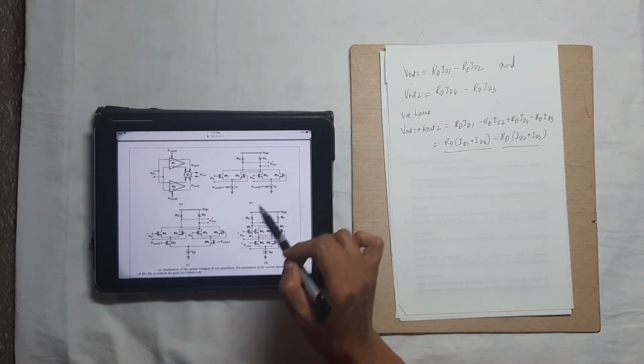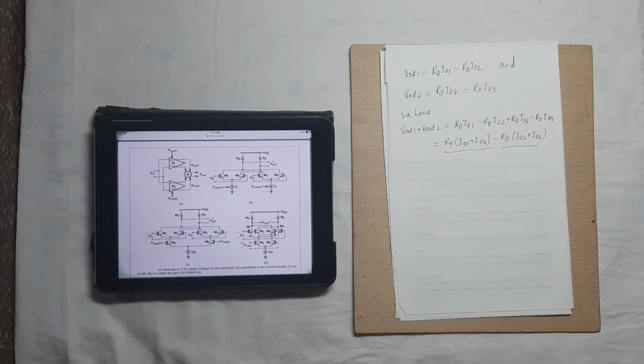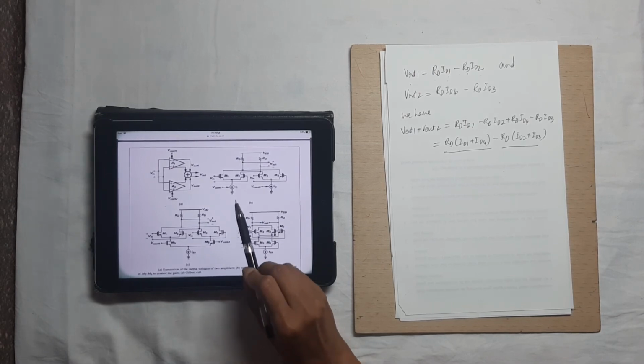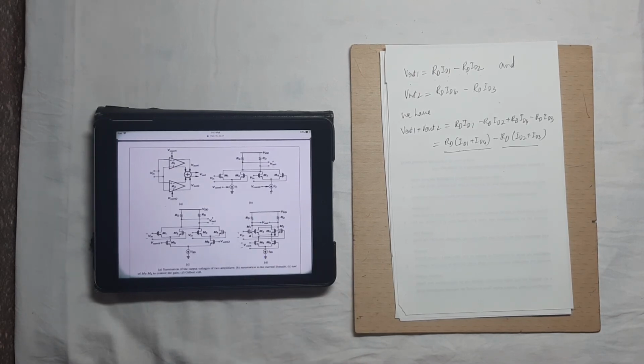In this particular circuit, Vcont1 and Vcont2 must vary I1 and I2 in the opposite direction such that the gain of the amplifier changes monotonically. Now, which circuit can vary two currents in the opposite direction? That we need to find out. We cannot just put these two current sources. We need a circuit for that. Therefore, if we analyze, we can find that a differential pair provides such a characteristic, leading to the topology shown in this particular figure.